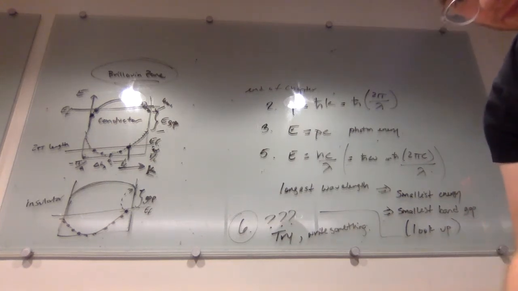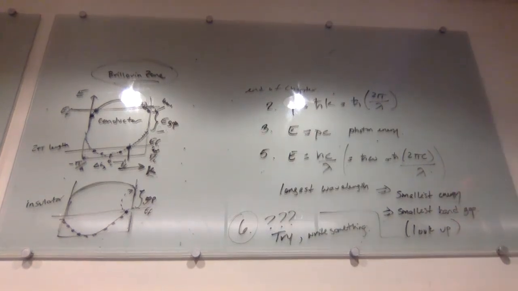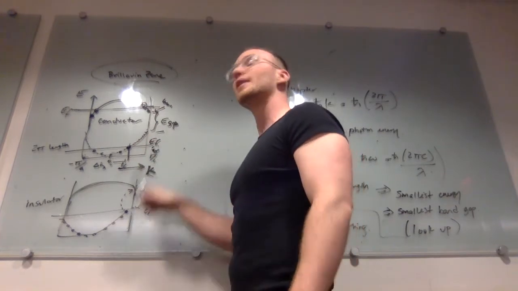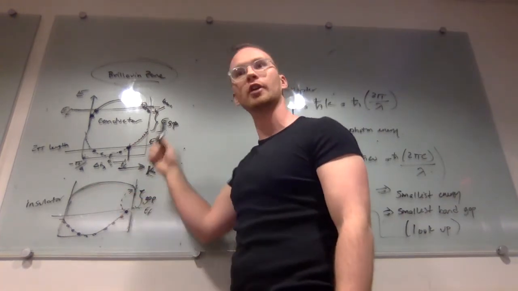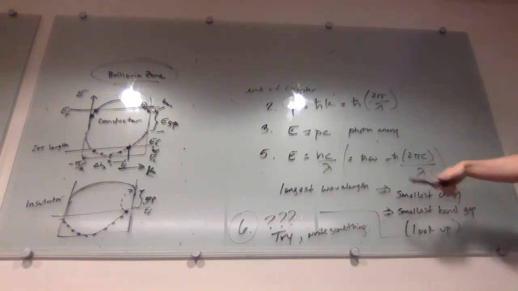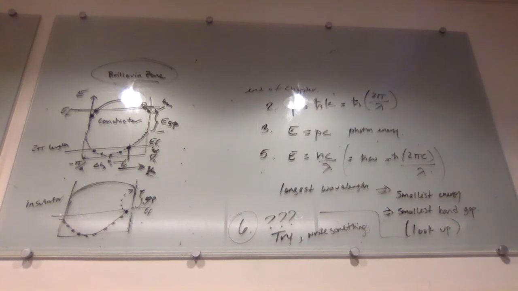And hopefully the homework will not impede you from understanding this, because it sort of did for me by looking at it. The homework seems kind of disconnected from it. I'm hoping that he's just trying to get you to think about these things. Like, this is a very cool, interesting concept that tells you really what you mean by an insulator or conductor. There's really a physical system, and then they ask you to compute, like, E equals pc and stuff. So I don't quite get the relation, but